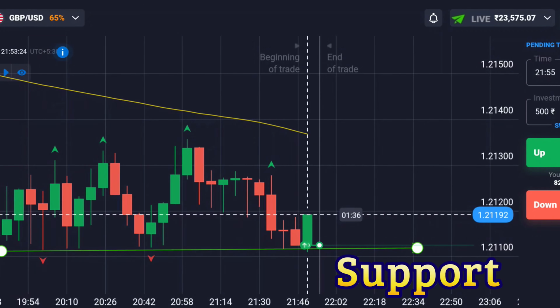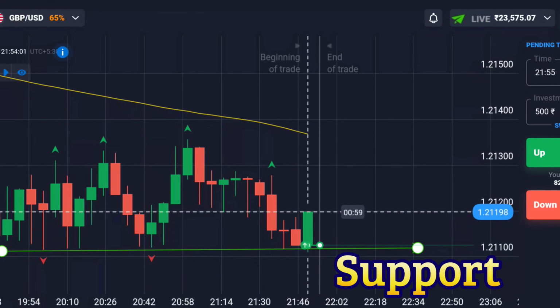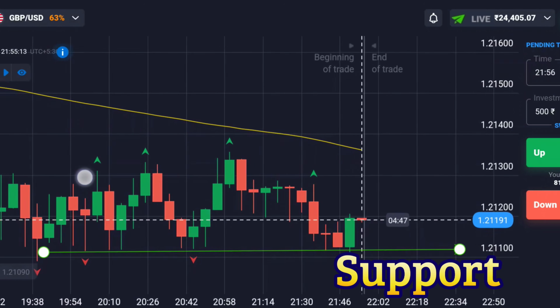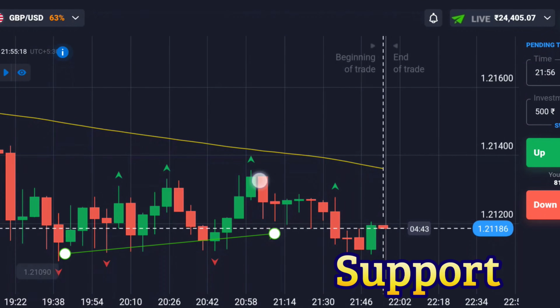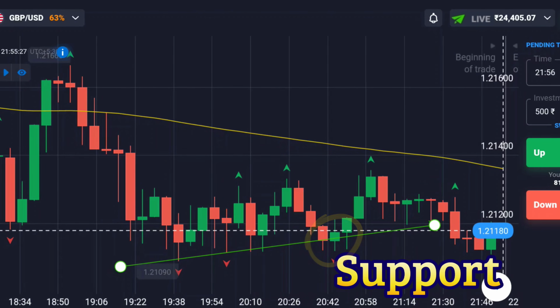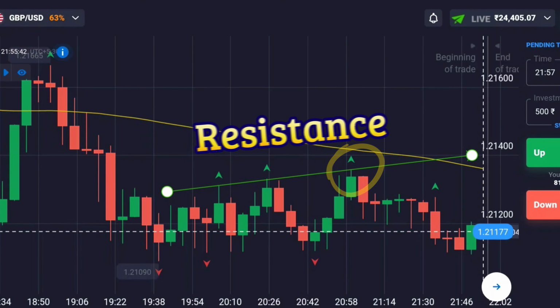For the support level, I can show you one live trading example. Here you can see, I drew a trend line using the previous fractals, and placed the trade exactly when the price touched the trend line. And also, you can see the previous fractals already formed another support level and resistance level. See how our strategy works perfectly.